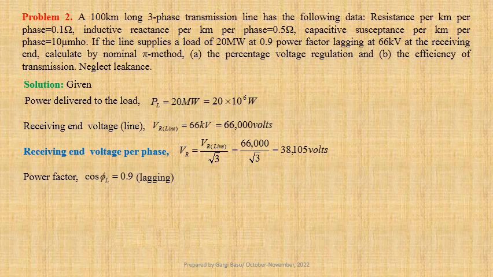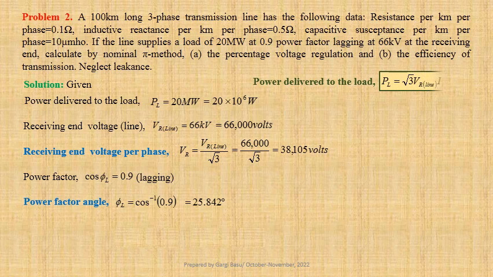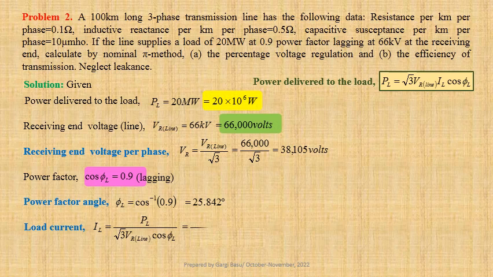Let us now determine power factor angle. Phi L equals cos inverse 0.9, that is equal to 25.842 degree. Expression for power delivered to the load PL equals root 3 times VR line into IL cos phi L. Therefore, load current IL equals PL divided by root 3 times VR line into cos phi L. Using values we get 20 into 10 to the power 6 divided by root 3 into 66,000 into 0.9. That gives us